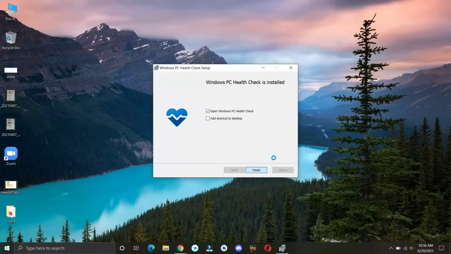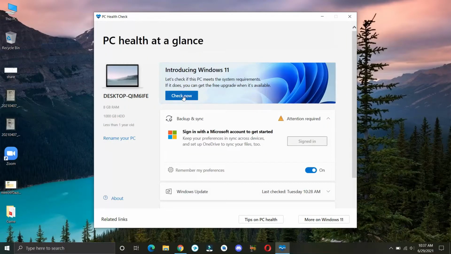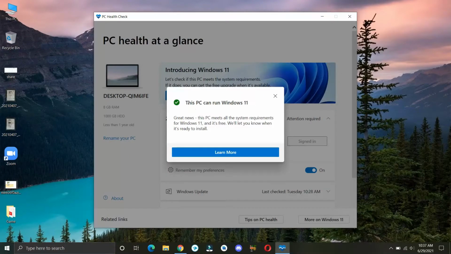After installing, open the software and click on check now to see if the PC meets the system requirements, and the answer will be displayed right on your screen.